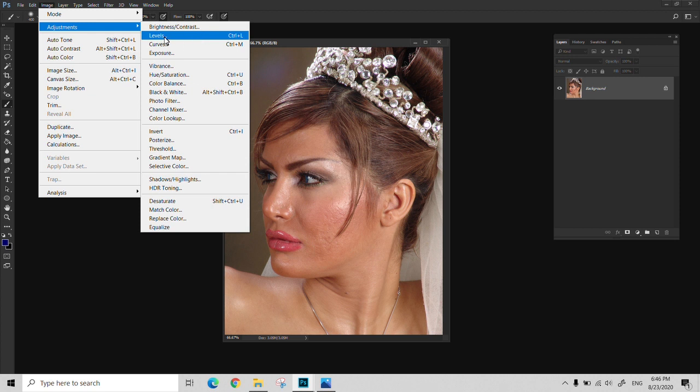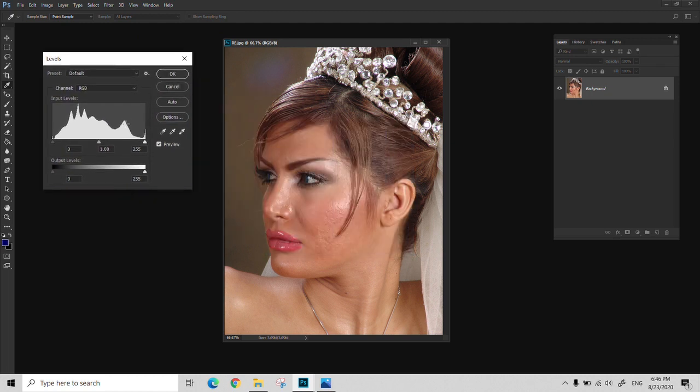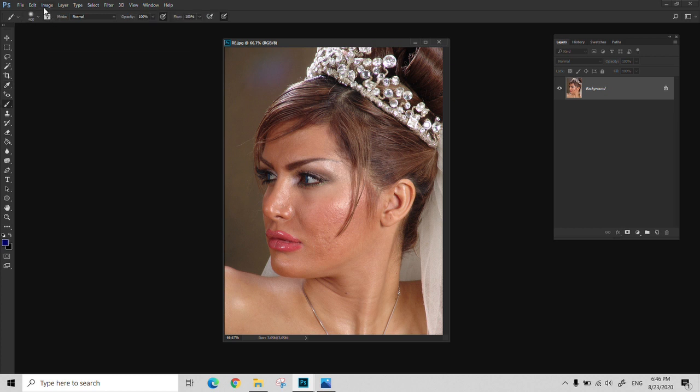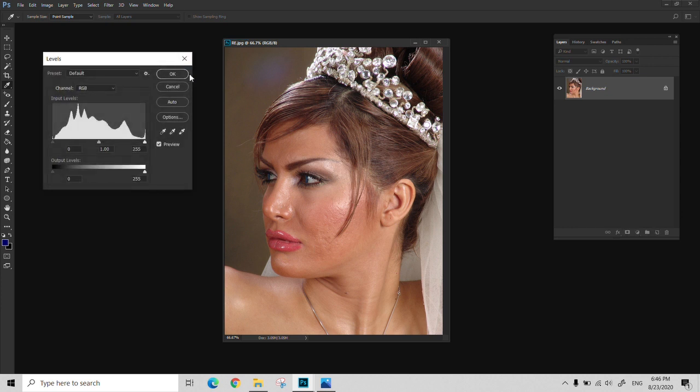One of the important things that we have is Levels, or Control L. It has a shortcut. Actually, if you look in front of each of them, you can see the shortcut written. And the ones that have a shortcut are the most important and most useful tools that you have in your adjustments. Okay, let's talk about levels. So in the levels,